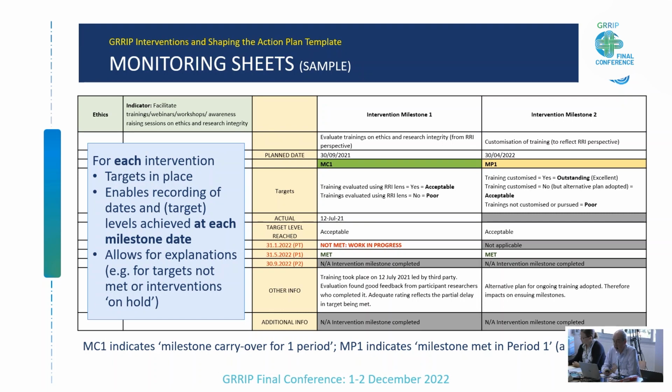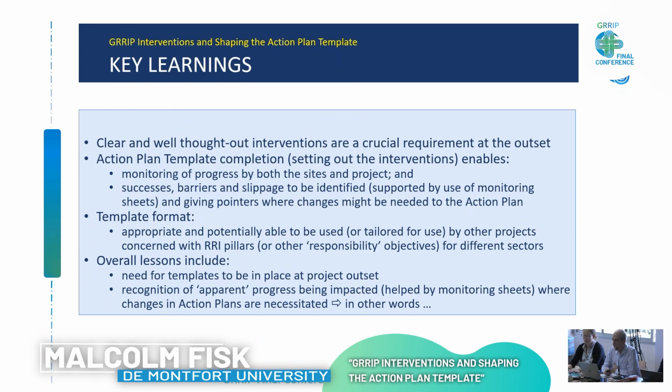And the only other thing to mention on this is that there is, of course, the scope for other information. It's not all quantitative. Clearly, we wanted to understand some of the challenges and how those challenges were overcome, and indeed if there were delays or certain issues were placed on hold. And it's true to say as well, I think this comes up on one of the later slides, that occasionally some of the milestones or interventions were seen as unachievable, and therefore required amendments to the action plans themselves. So coming towards the end here, there are some key learnings that come out of this process.